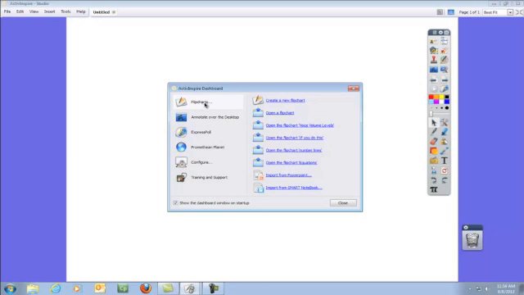First and foremost is the flip charts. You can go right to creating a new flip chart, or you can open a pre-existing one you already had, or what's kind of nice about it, it also gives you the last open flip charts right there. With this, you can also import PowerPoint. So if you made a PowerPoint and you want to import it, you just click on there, it'll ask you where the PowerPoint's at, you bring it in, it imports it,